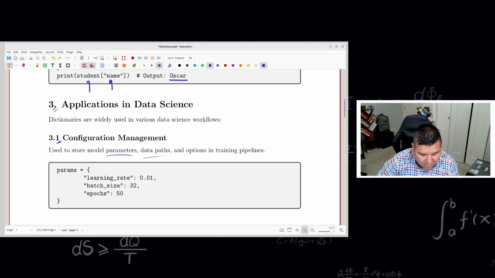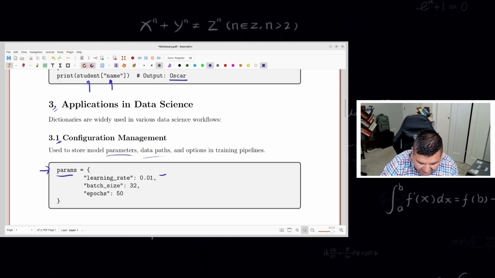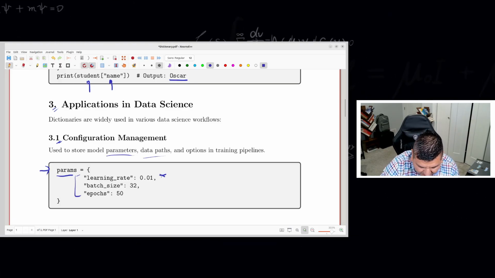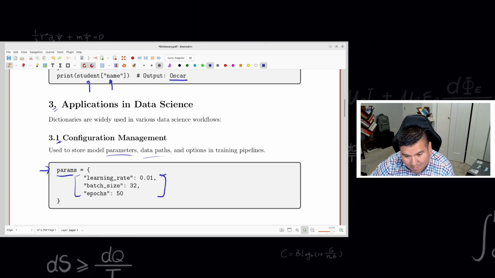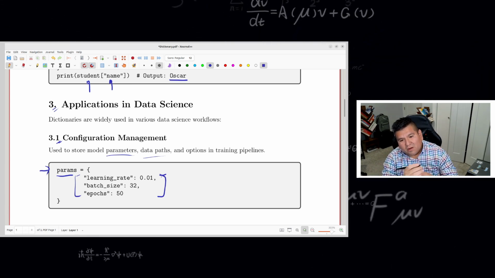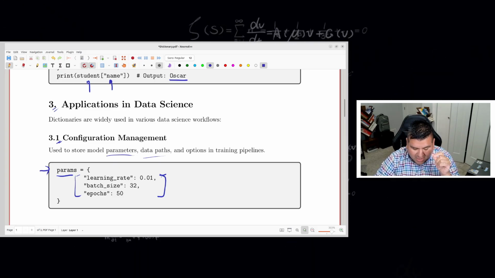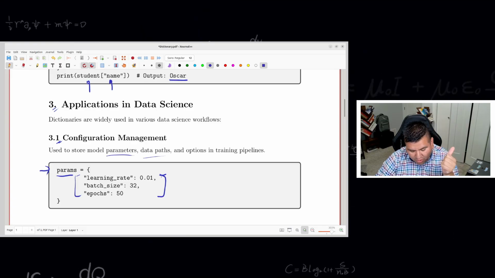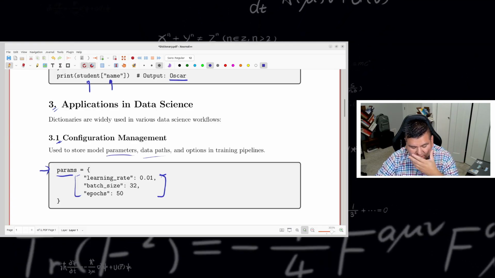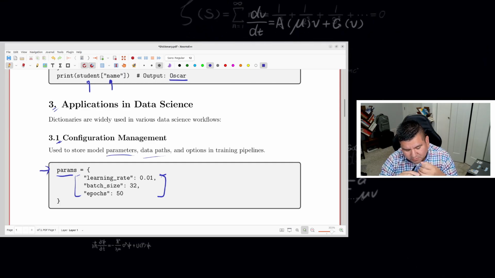For example, here we have a dictionary called params, with three keys and three values. The keys are learning rate, batch size, and epochs. If you're familiar with neural networks, those three names will sound familiar. The values associated to those keys are 0.1, 32, and 50. If you're familiar with scikit-learn,